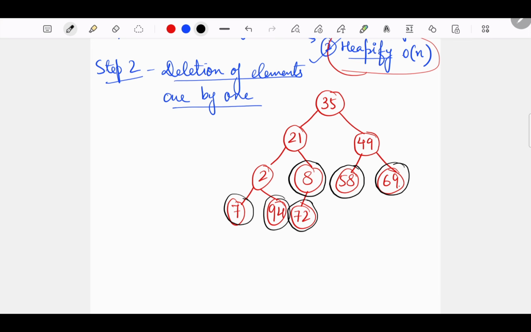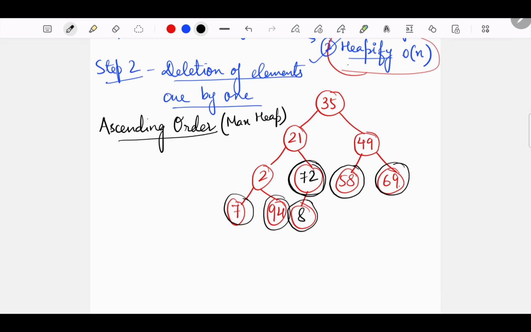Now say for example, we want to sort the given list of elements in ascending order. To sort it in ascending order, first of all, you should remember that we'll always require a max heap. So we are making a max heap using this list of elements first, using the heapify function. Now when we look at this 8, we have 8 and 72. This violates the heap property, because the parent must be greater than the child. So we are going to swap these values. 8 will come here, 72 goes here.